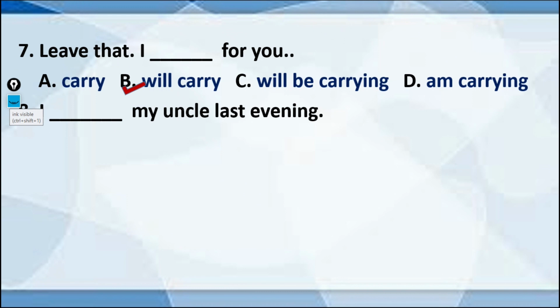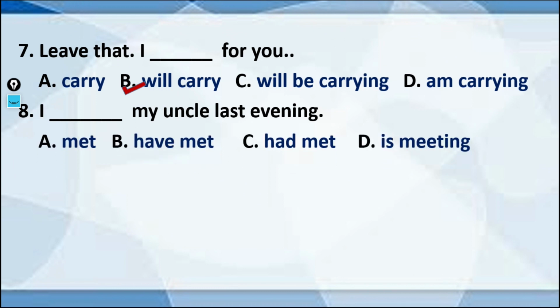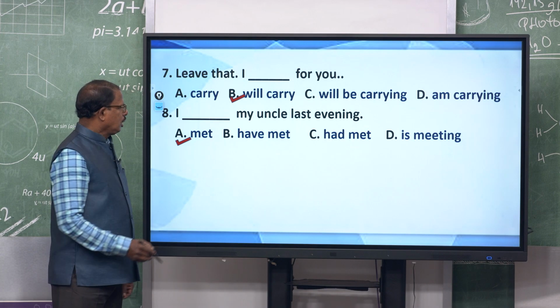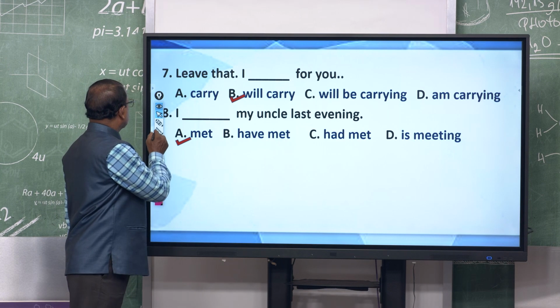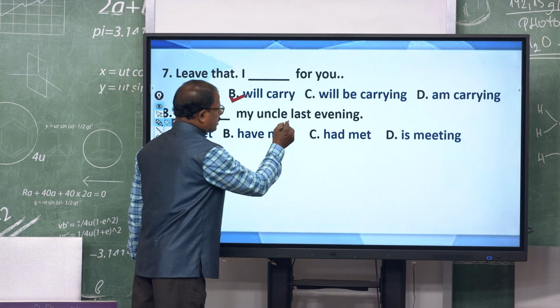I dashed my uncle last evening. So, look at the options: met, have met, had met, is meeting. Now, you look at the answer: met. And my dear students, you just see when there is a past marker,